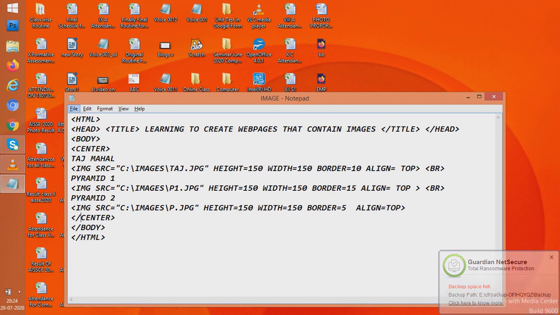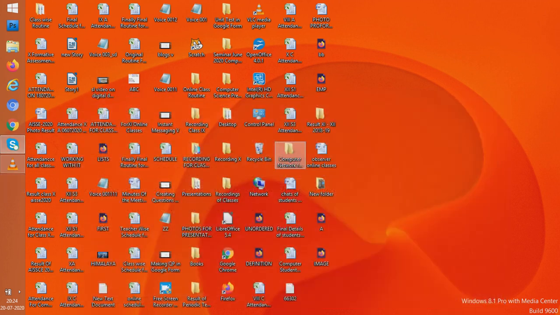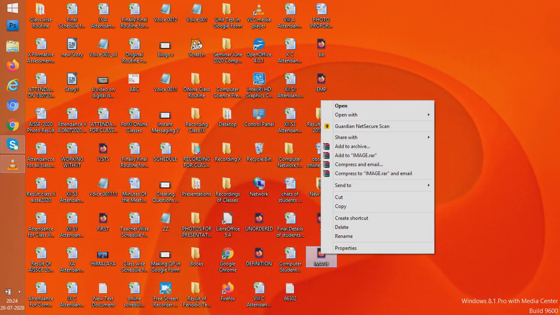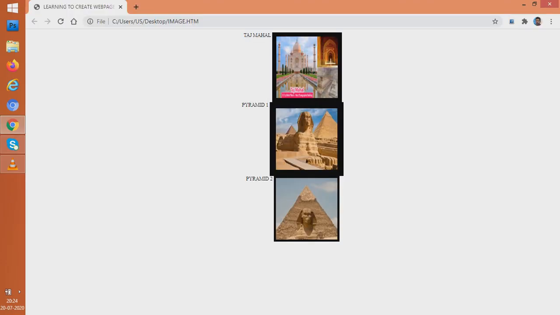I wrote only the center tag now. Now save it. Let us see if there is change or not. See, the three images now are at the center of the screen. So students, you knew how to put the images at the left, you knew how to put the images at the right. Now you can put the images at the center also.